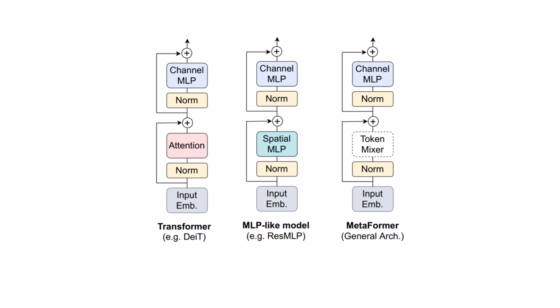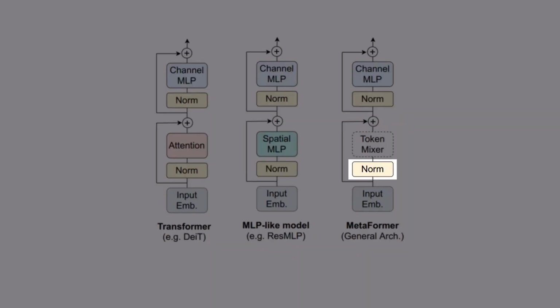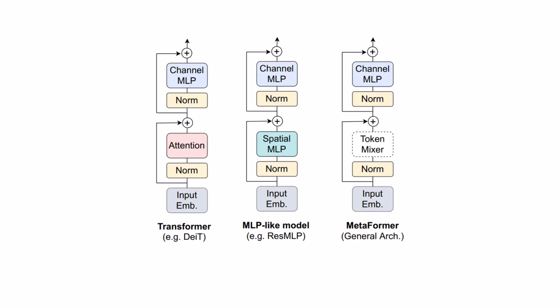And in MetaFormer, they're saying that it doesn't matter what token mixer you use. As long as you follow this architecture pattern, that there is some layer normalization and a token mixer to mix the information among tokens, a residual connection, a layer normalization again, and a channel MLP, when you have this MetaFormer architecture, you should have a very good performance. And that's a strong claim, isn't it?